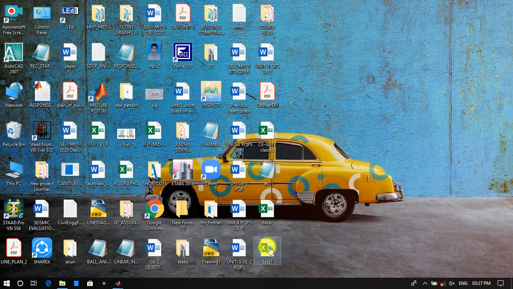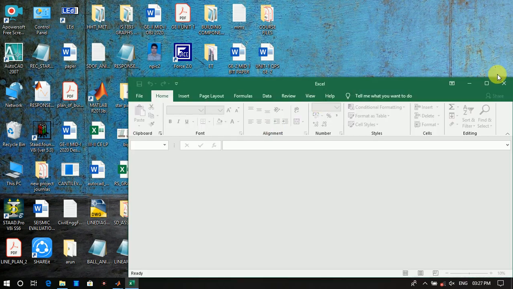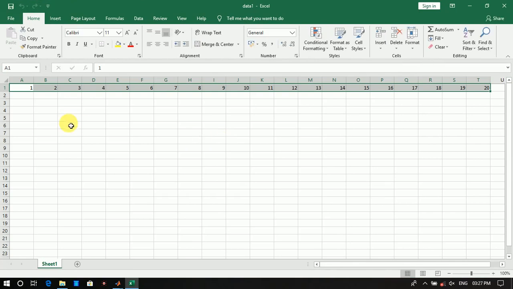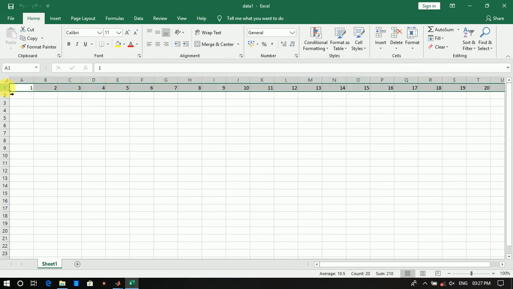It is the newly created Excel file. You can see here the column elements are converted into row elements. You can see here row elements.